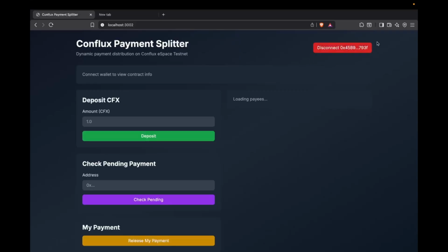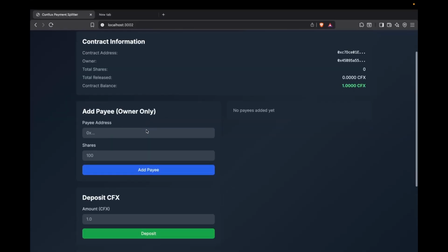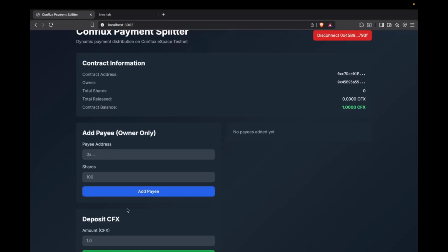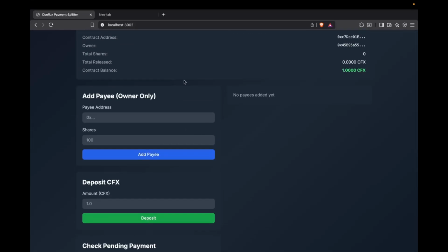As you can see, this is the UI, and first we need to connect our wallet. Once connected, we can view important contract information such as the owner address, total shares, total released balance, pending CFX, and more. Only the contract owner can add payees, meaning only the account that deployed the contract has the permission